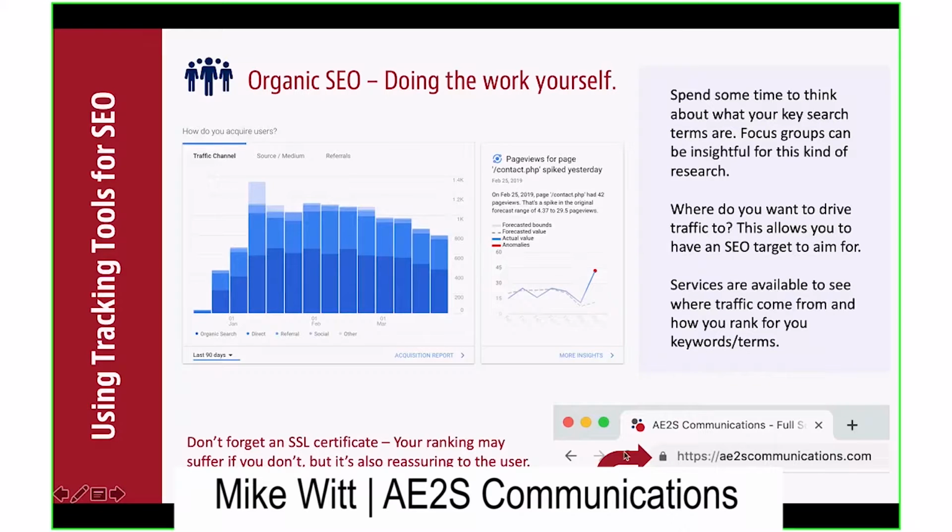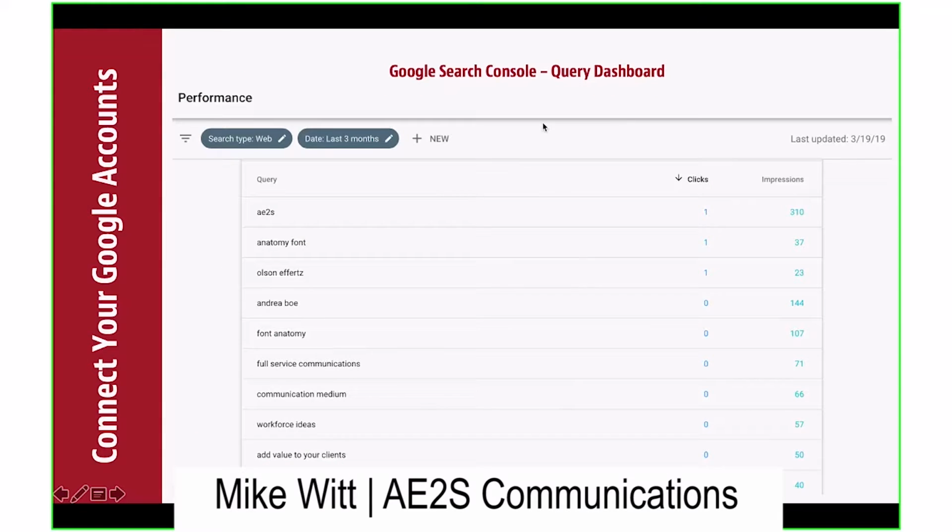Google has the analytics part, which measures the traffic, and they also have a companion called Google Search Console. This is great for seeing what keywords people are using that then bring them to your website as a search result. On this page in Google Search Console, it says query at the top, and how many clicks that had and how many impressions. An impression means they saw it in the search result but didn't click.